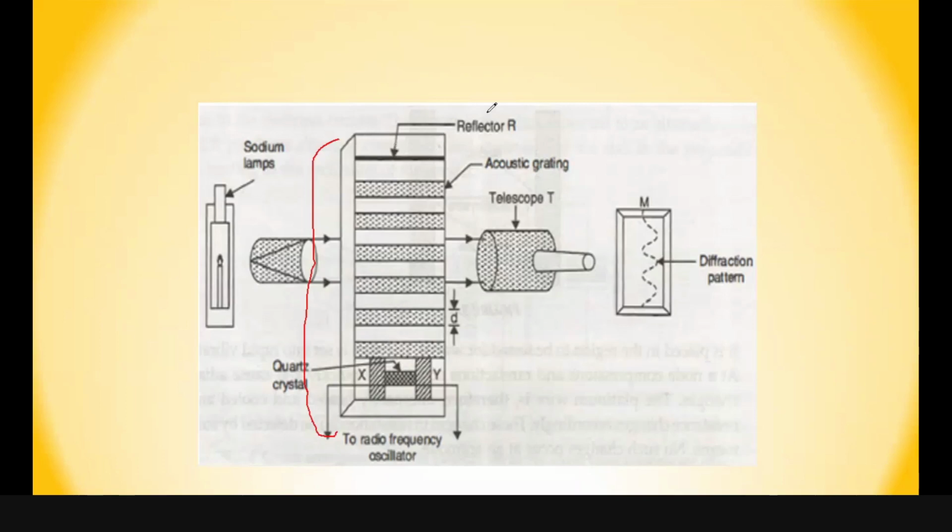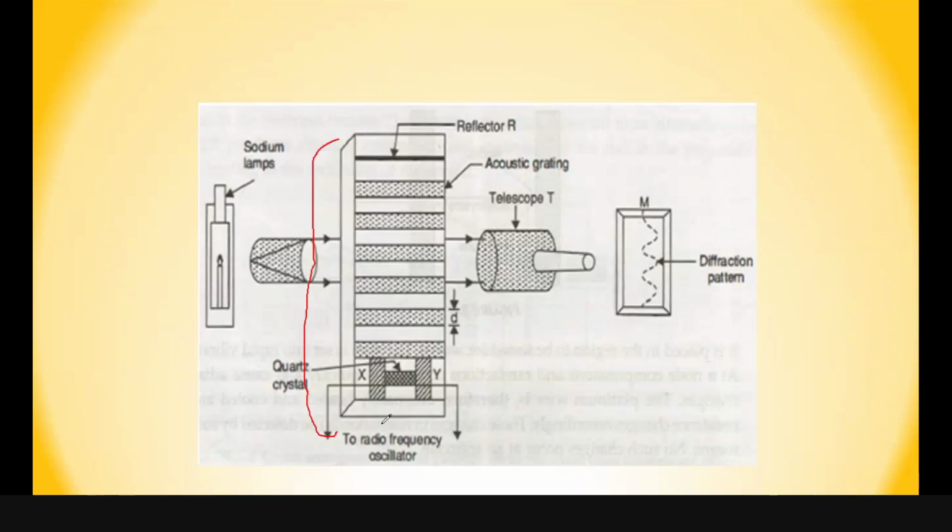You must have done the practical. The reflector was connected with the micrometer screw and you were changing the height of the liquid column. Here, the height of the liquid column has to be constant. We are not going to change the height of the liquid column. So now I have a liquid column filled with water, and I will start the oscillator.